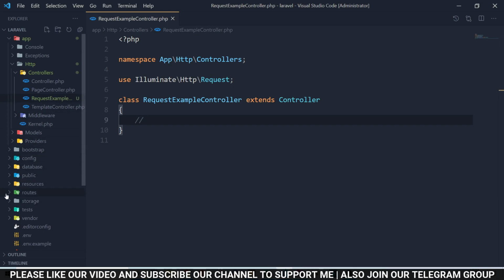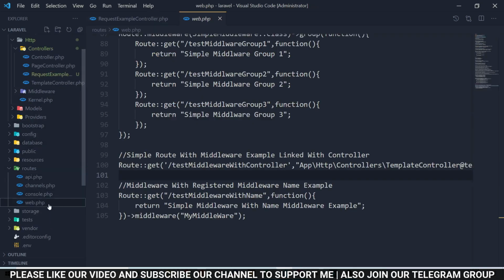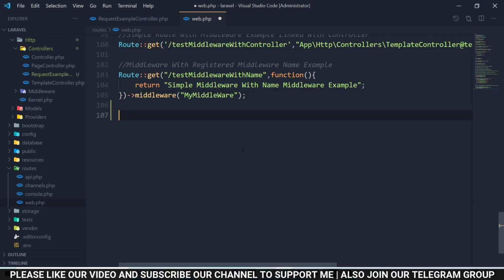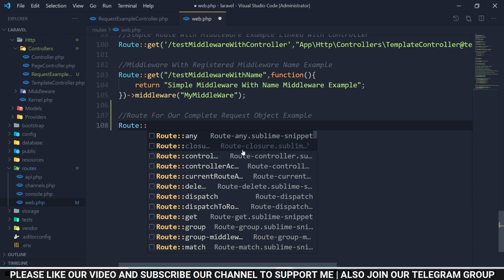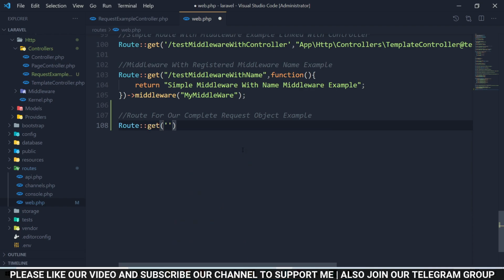After that open your routes, click on web.php, and here add a URL for our route, for our complete request object example. After that save this file and also add a route: Route::get, and add the route request-example.